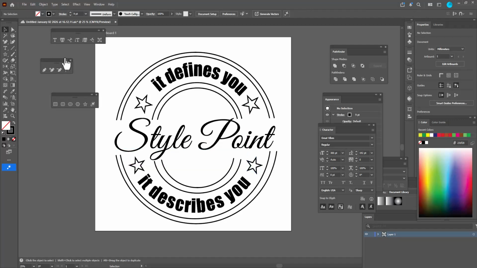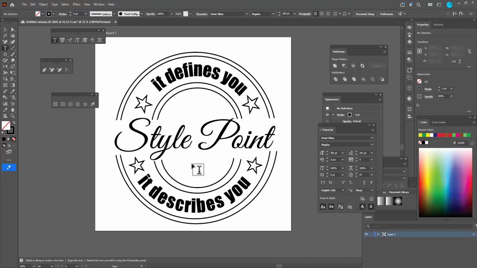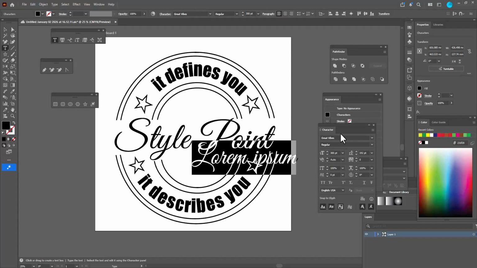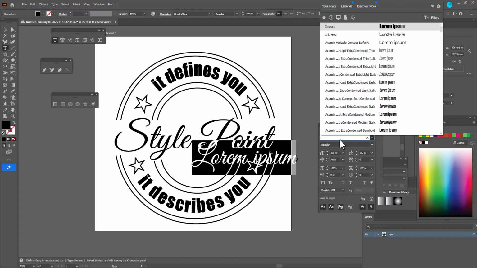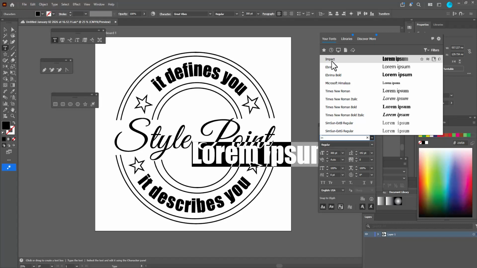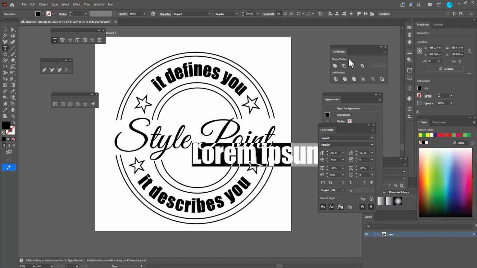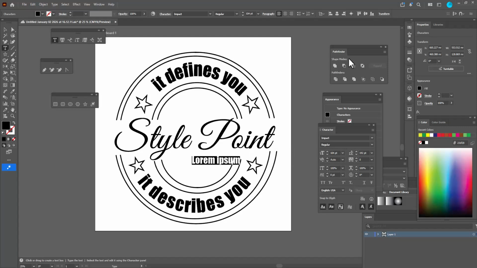Right, then we will just select the text tool. We will change the font to, let's say, Impact. We'll reduce the size of the text. We'll just type since 1990,